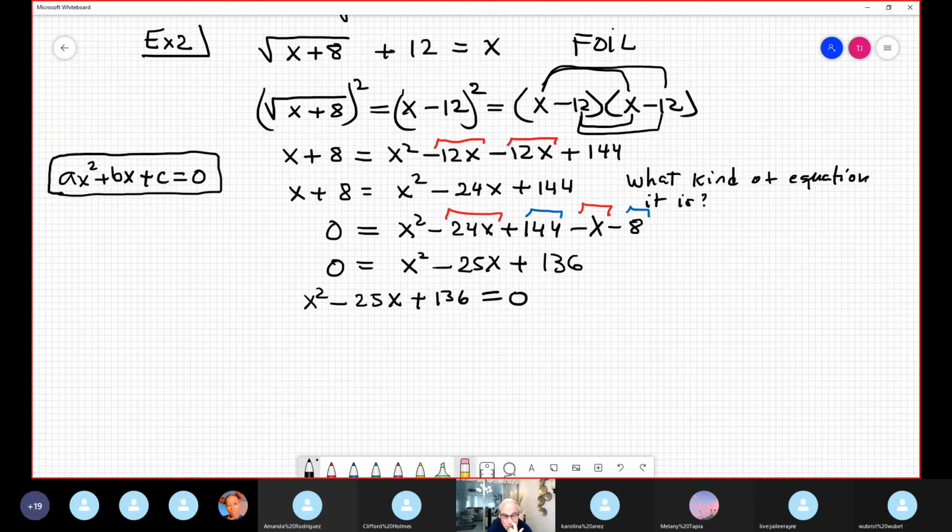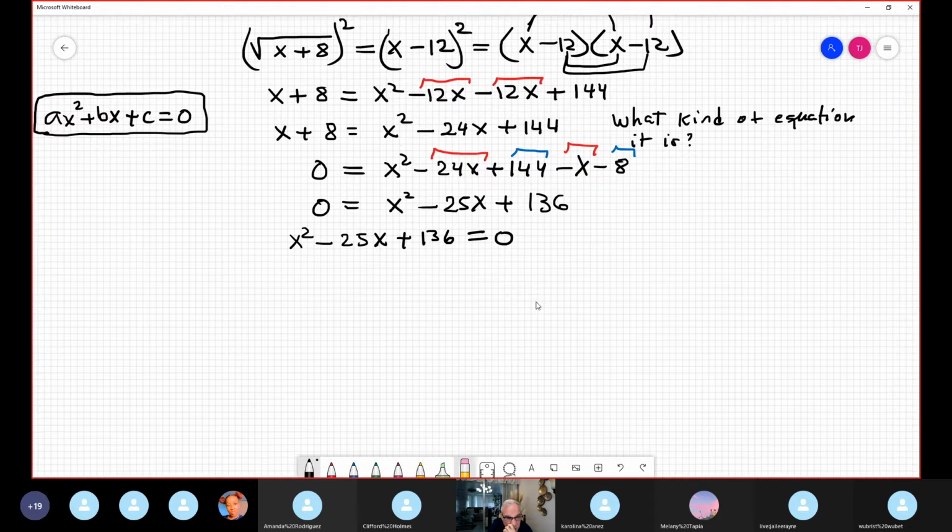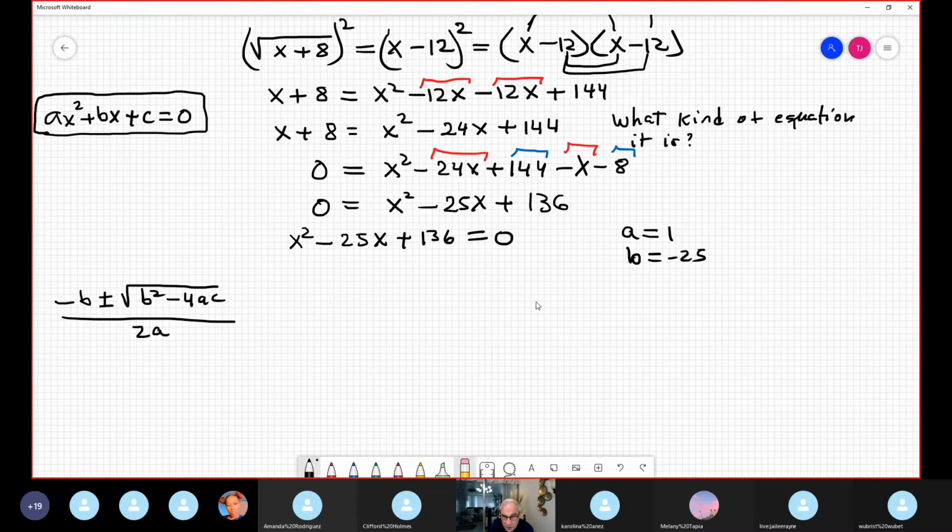And you see, guys, the quadratic equation is important, and the efficient way for solving the quadratic equation is the quadratic formula. That formula that we were using yesterday or last class, and we continue throughout the semester using this almost every day. So I can see that a is 1, b is negative 25, and c is 136. A, B, C. I'm plugging in,